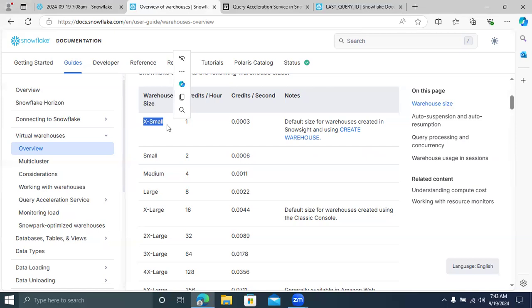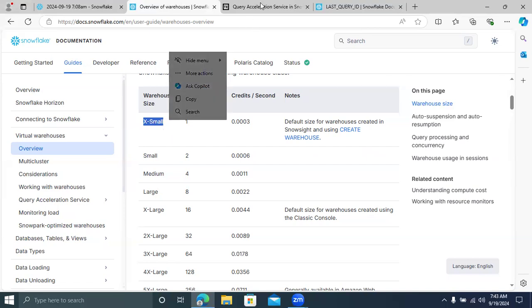If I give 8, the XL warehouse will be created 8 times. If I give 6, it will be created 6 times. If I give 4, it will be created 4 times. This is how you can do it.